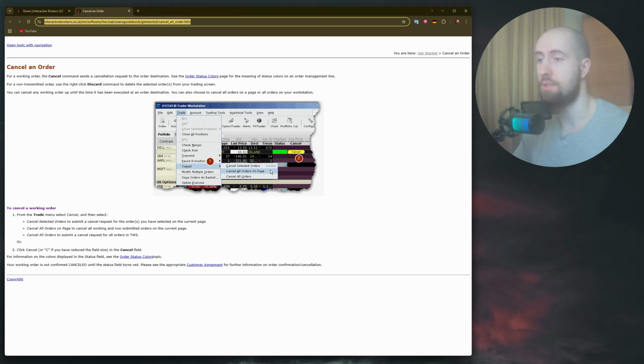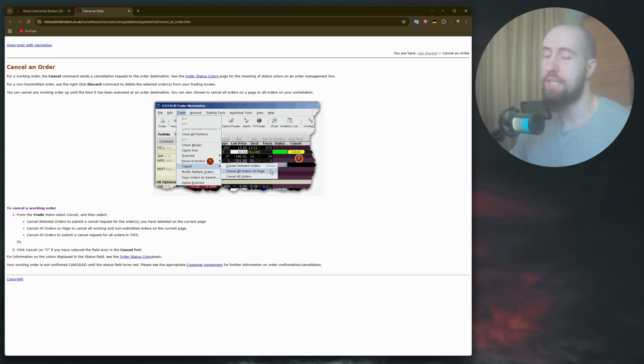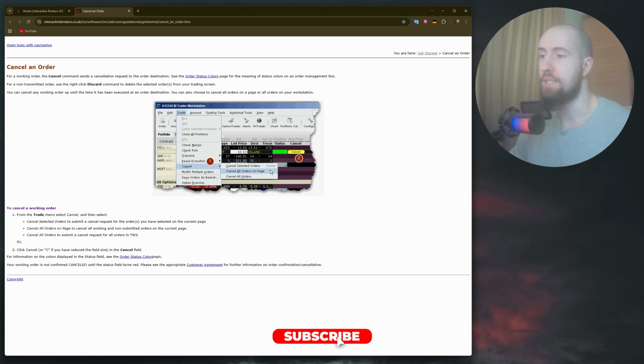On mobile, tap the order, then select cancel from the menu. And once you confirm, the status of your order will change to cancelled. If it was already executed, you won't be able to cancel, and you would need to place a closing trade